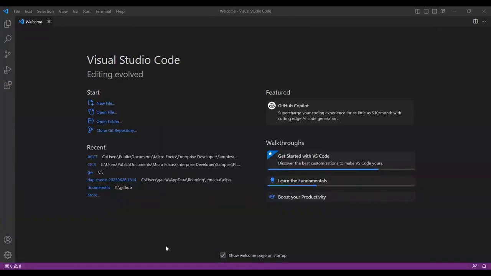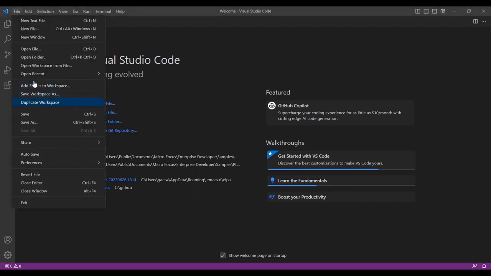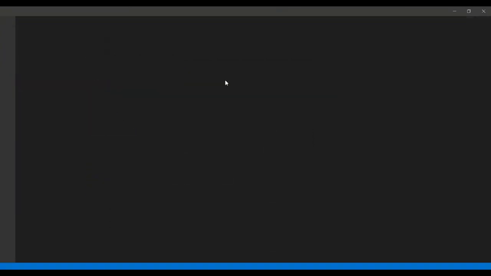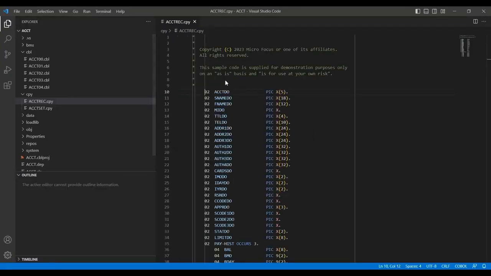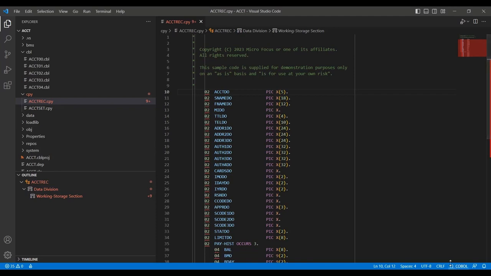I'm now going to demonstrate some of the new editor features that are available in the Visual Studio Code extensions when used with Visual COBOL and Enterprise Developer 9.0. So if I open a folder containing some COBOL code, and I have a copybook open here, the language services will parse that file, and you'll see that I've now got a whole host of error markers in that file because the copybook is parsed standalone. I can now select a context for that copybook,